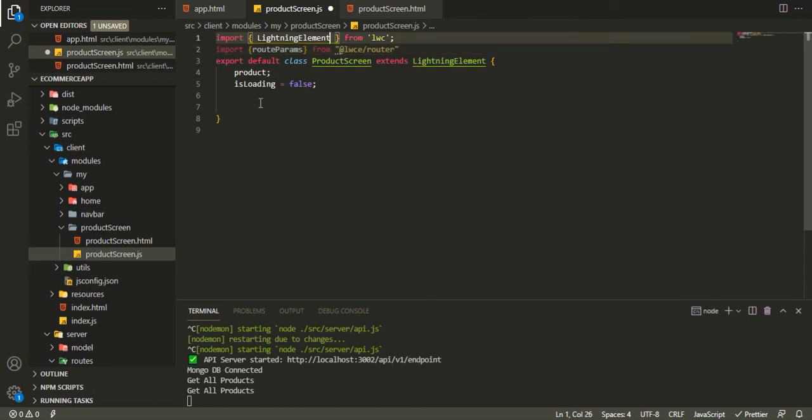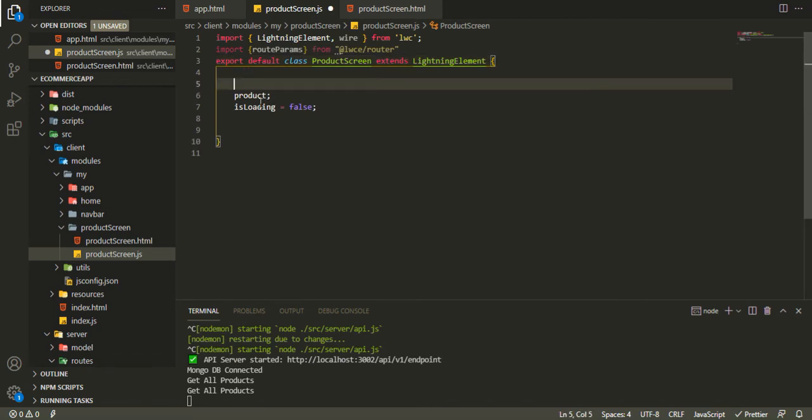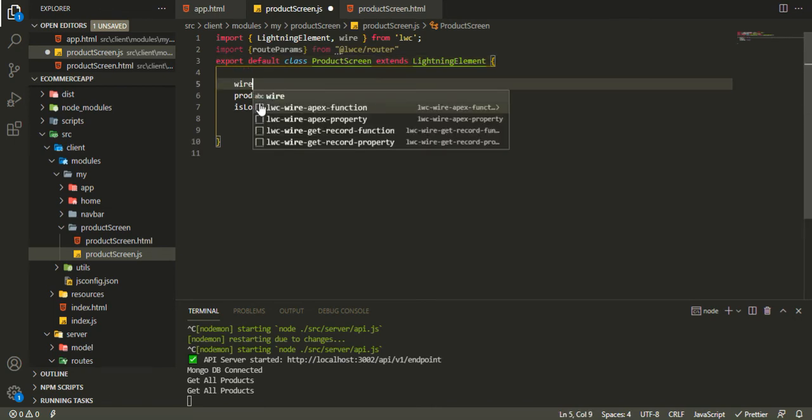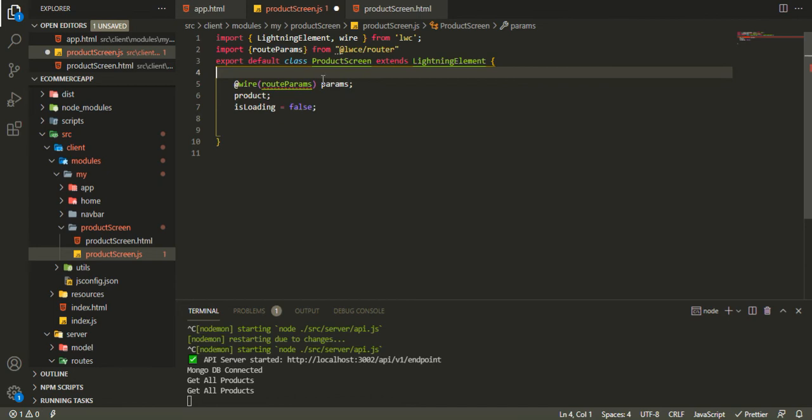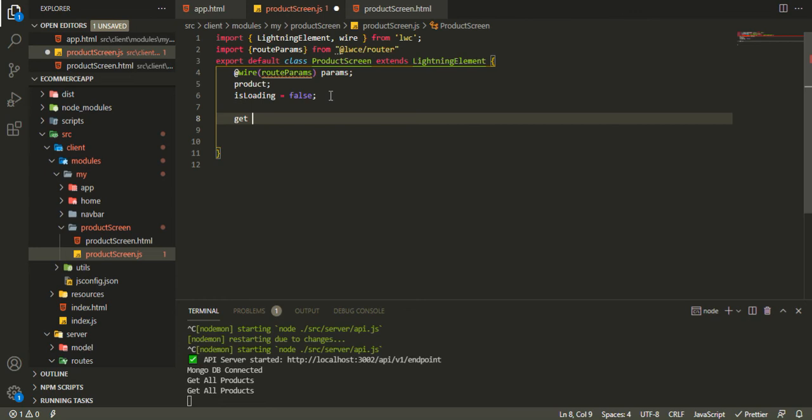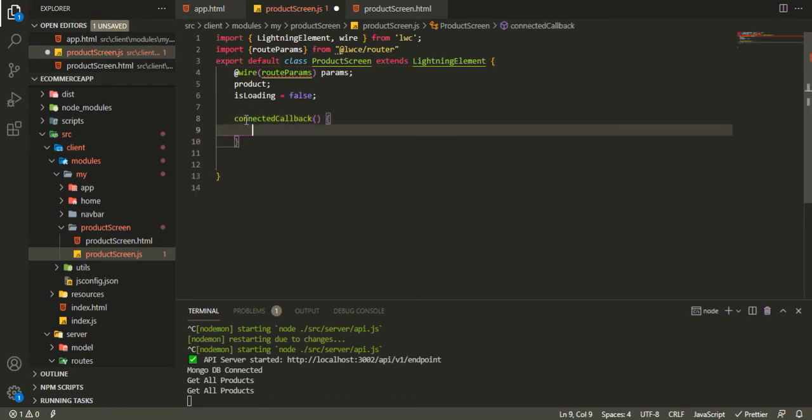We also need to use the wire so we can get the route params. And just in here we are going to say wire route params, and we're going to give it a name like params. So all of the parameters, we'll get all of the parameters in here. Okay, connected callback, and what we have to do in connected callback, we have to fetch the product using the